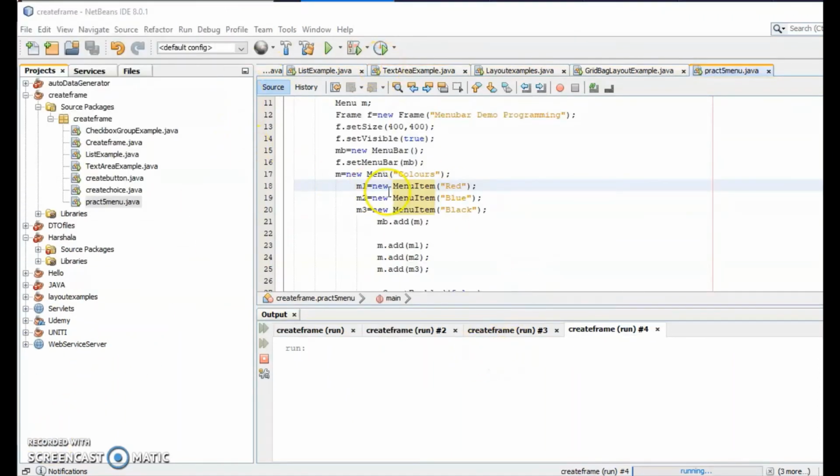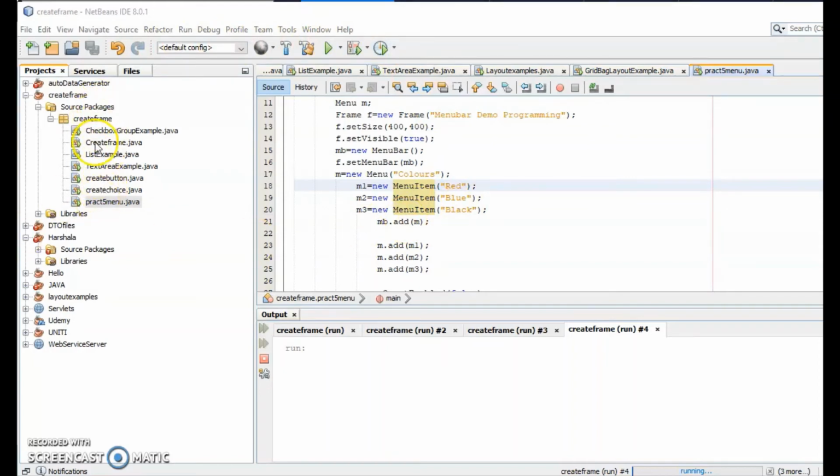See here, we will see the program of menu bar. That is practical 5. How to create the user defined menu. You will see that. I think you must already know what a menu is. A list of options is there and you can select whatever option you want. See here, file, edit, view, like these are the menus. So user defined menus, how to create, we will see that.